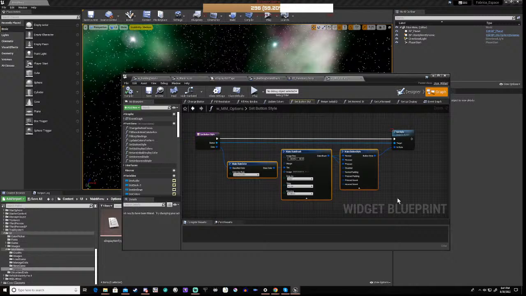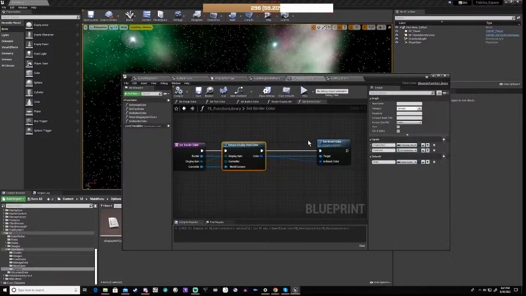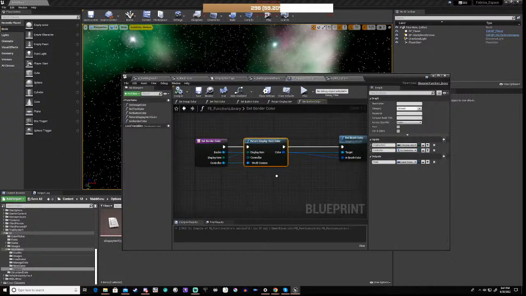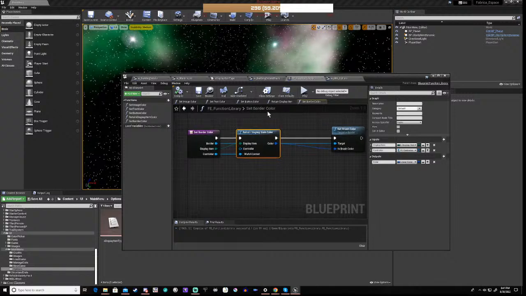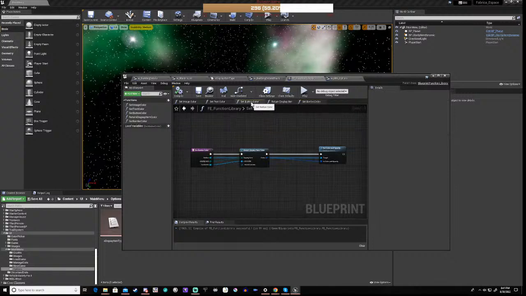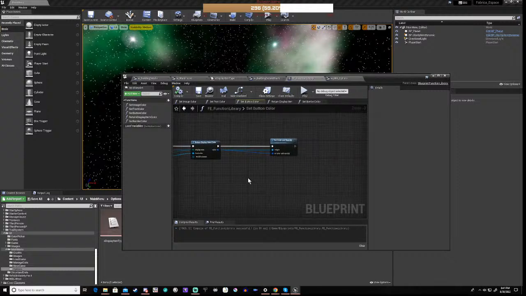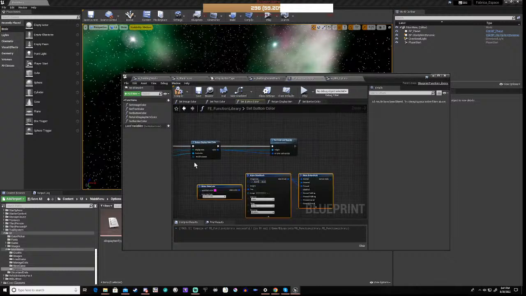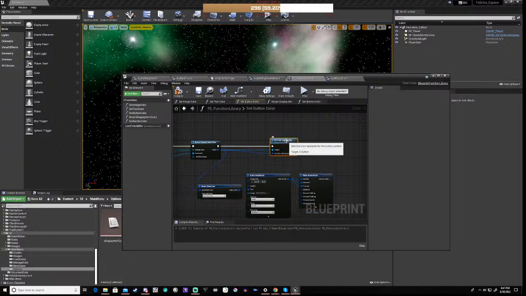So we copy that, we go back to our function library, and we're not setting the border, we're setting the button, okay? So we paste this in here, we join the color up to here, we delete this,